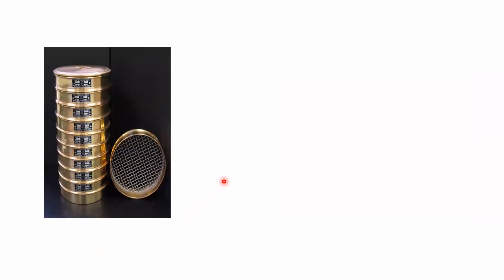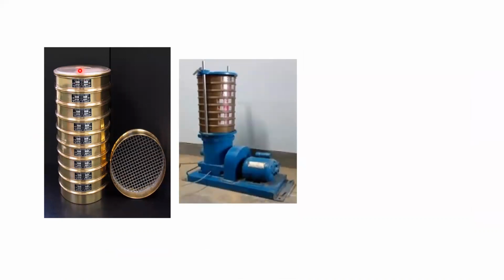So at the time of this test or grain size analysis, what do we have to do? As I told you, we have to use a set of sieves and prepare the set like that. At the last, we are going to put the pan. Above that, the minimum size sieve, 75 microns. Likewise, we can put the various sieves. Once you make a stack of the set of sieves, we shall put the 500 gram dry soil on the top sieve, and after that, we shall keep it on the sieve shaker machine.